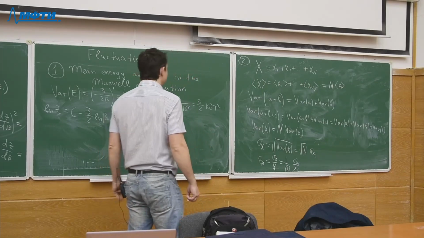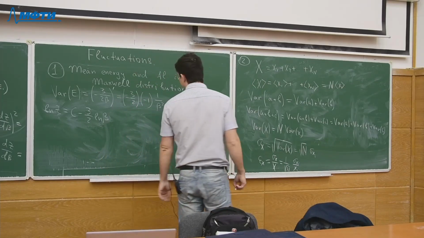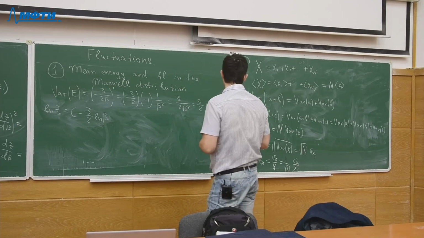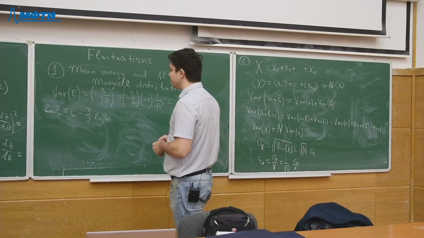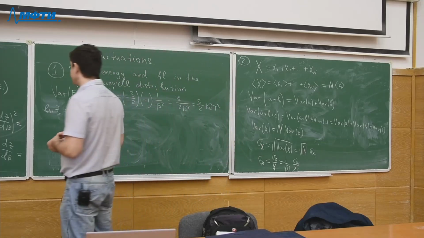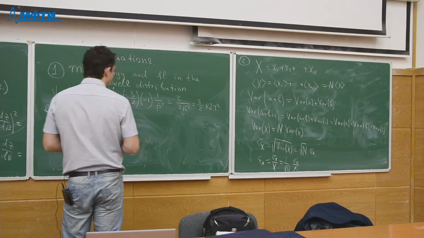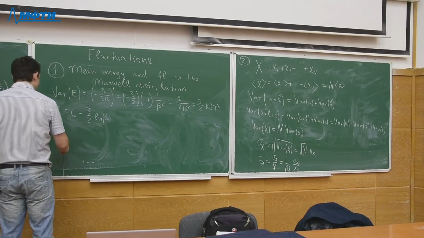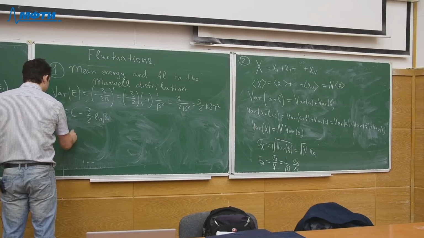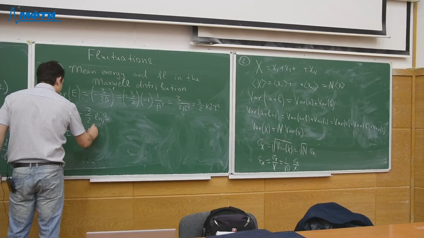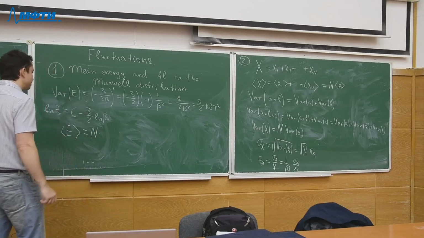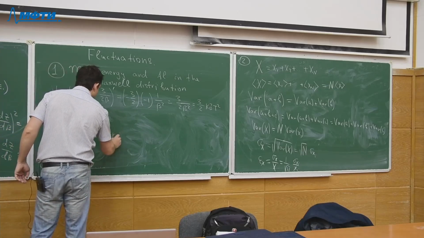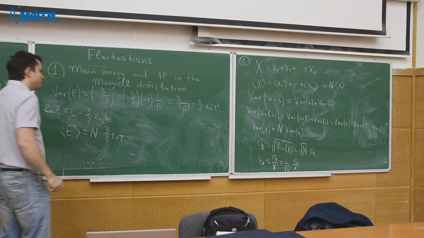So if I apply this approach to the ideal gas, and want to calculate the fluctuation of the energy related to the translational motion of particles, then what I actually need to do is, first of all, I get that the average energy is n times the average energy of a single particle, which is n times 3 over 2 kBT. And secondly,